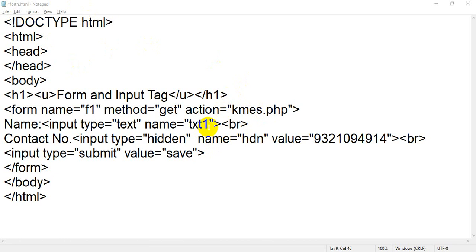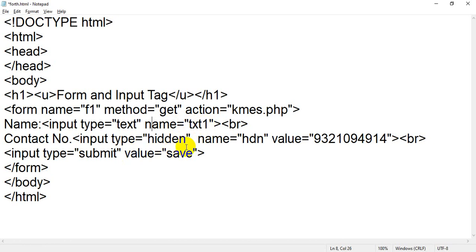So when you click on submit button, the value of this form will transfer with the name of your text box. What is the name of the first text box? The name of the first text box is txt1. So whatever value you insert inside that text box, it will bind with the txt1.